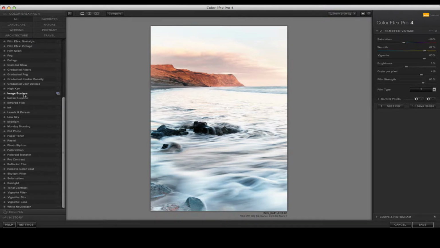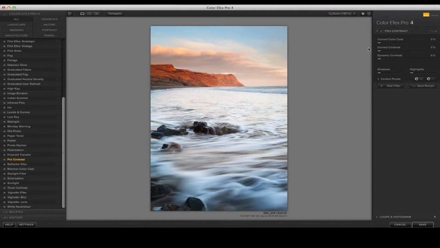So again, I'm going to go back into my Pro Contrast, the one that I actually